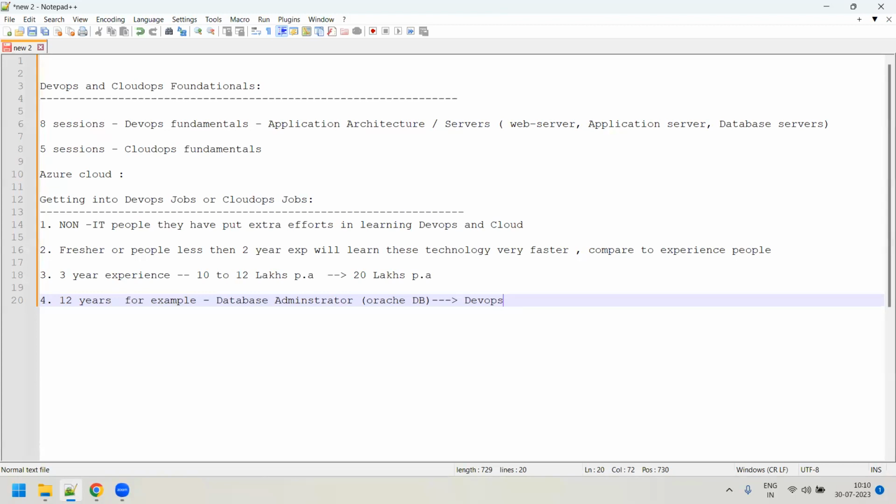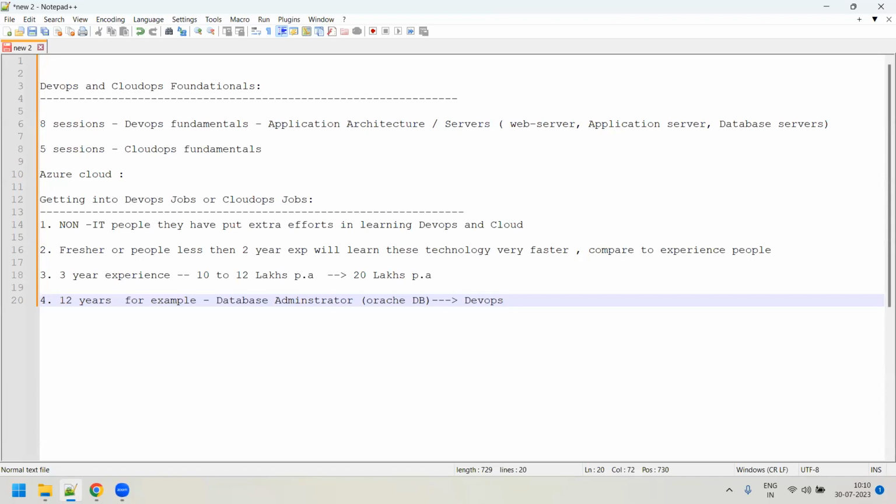People are switching actually. Even I'll tell you one thing, guys. In my previous organization, I'm telling you the fact, I met many database administrators who have 10 to 12 years of experience, and their package is not above 24. They are lying between 22 to 24 lakhs, with 12 or 14 years of experience. And you could see that a DevOps or cloud ops engineer with just 8 or 9 years of experience will be getting around 40 lakhs package.